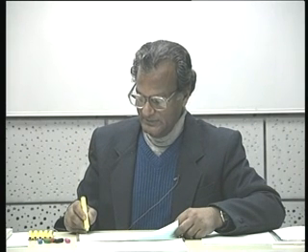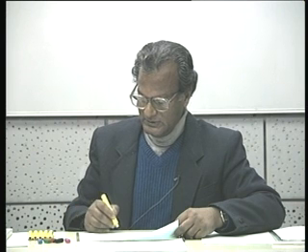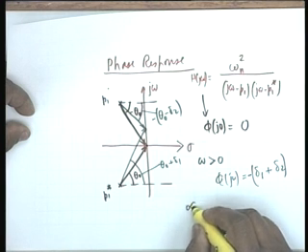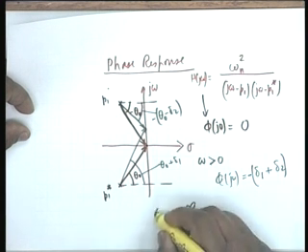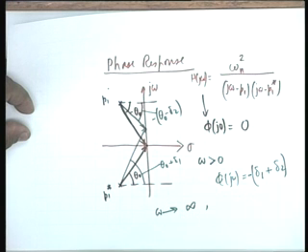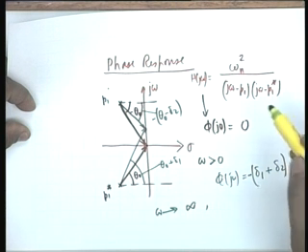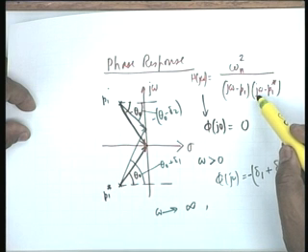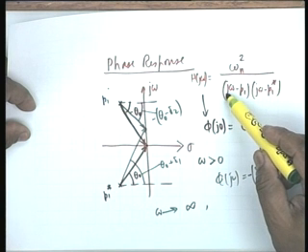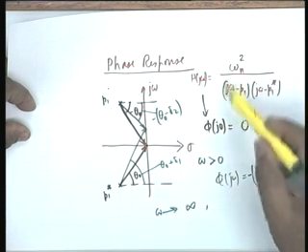Now the other frequency that you have to consider is infinity. As omega goes to infinity, the phase of the denominator would be 90, minus 180, so the total phase will be minus 180. Well, this can also be shown graphically.